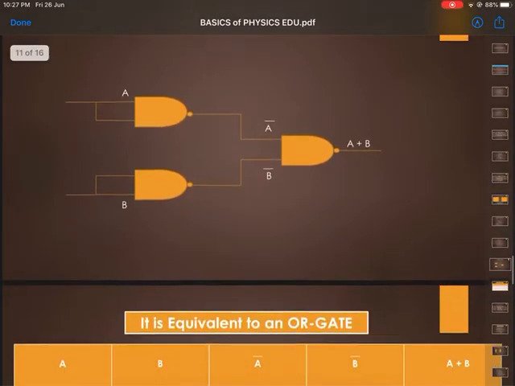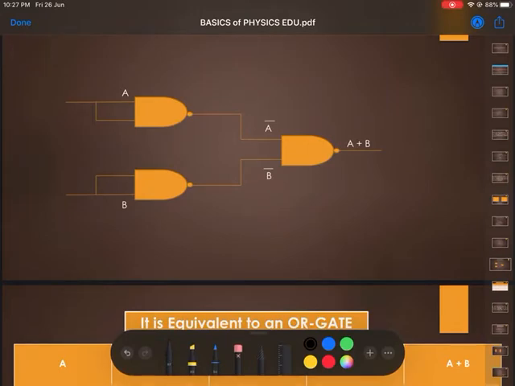Let us understand a very simple example of gates. It is very clear from the symbol that this is a NAND gate, but if both the inputs are shorted, it is equivalent to a NOT gate. Similarly, this is also equivalent to a NOT gate. And let us see what happens. If the data is A, because of the NOT gate, it becomes A complement here. If it is B, it becomes B complement here. This is A complement, B complement written here.